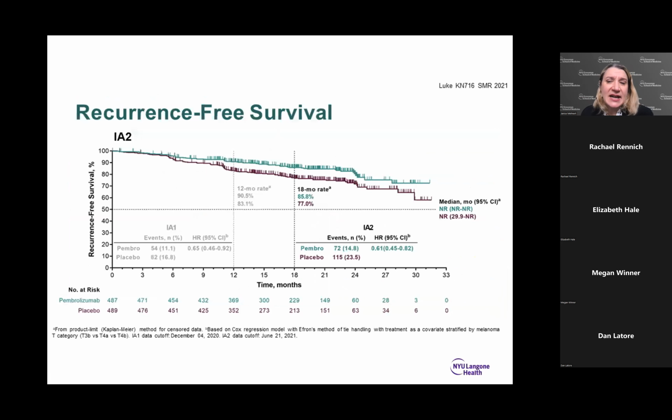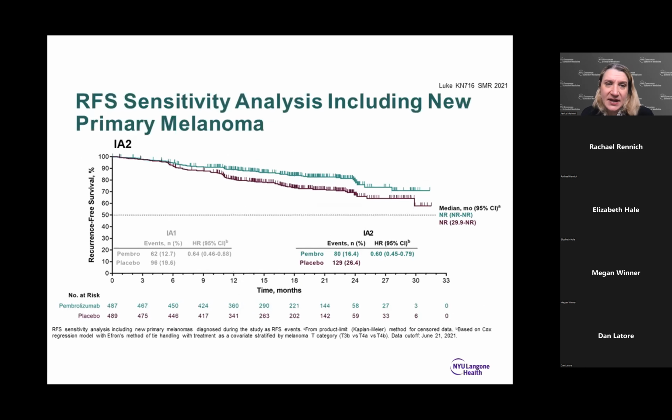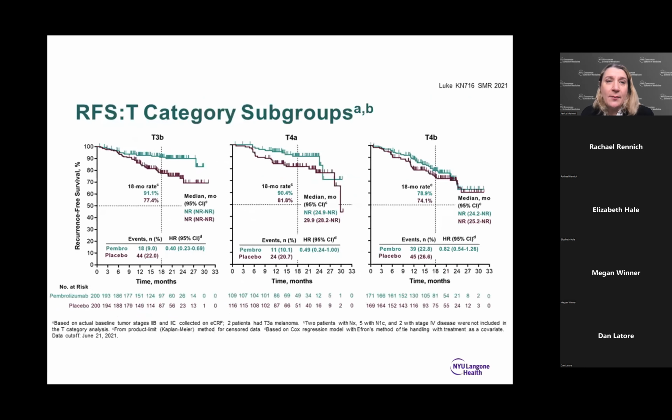The recurrence-free survival, again, those curves are separating. Very interesting to see this at such an early stage. To me, that implies that this benefit is quite real. But nonetheless, I think what it's important to note is that we didn't see what we expected in the more